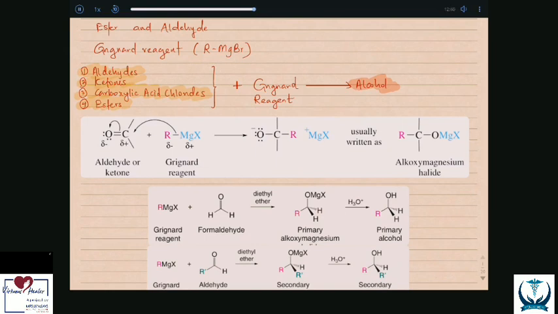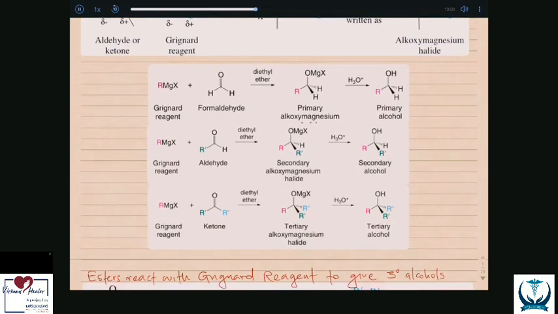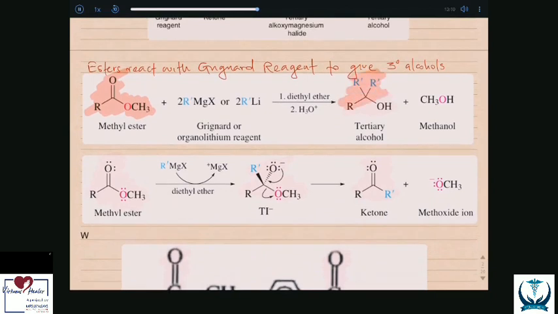With aldehyde groups, it will produce a secondary alcohol, while with ketones, it produces a tertiary alcohol. But in formaldehyde, it will produce a primary alcohol. Reaction of the Grignard reagent with esters occurs in two steps, finally to produce tertiary alcohols. In the first step, there is a nucleophilic substitution, and in the second step, the usual nucleophilic addition to a